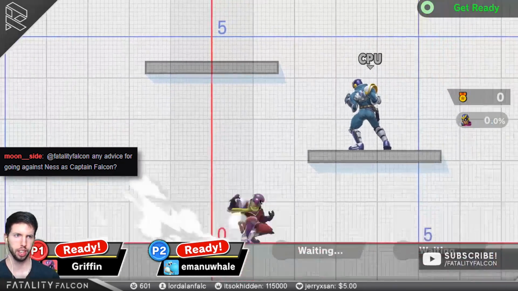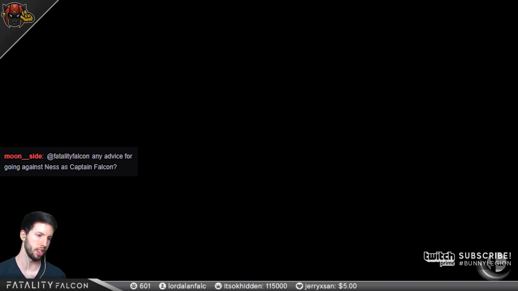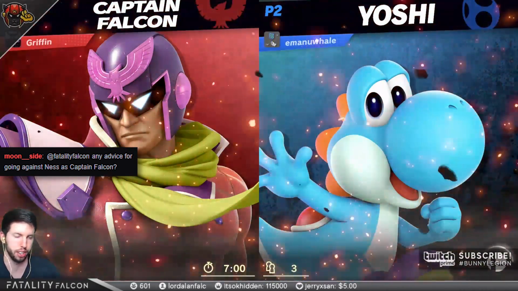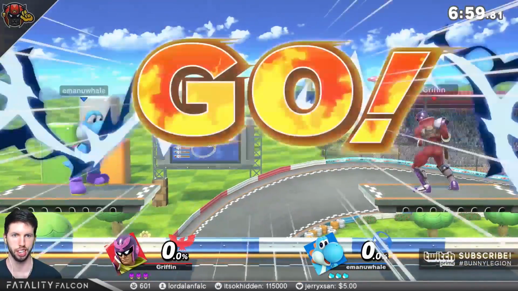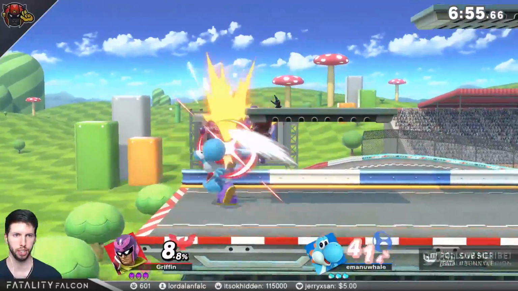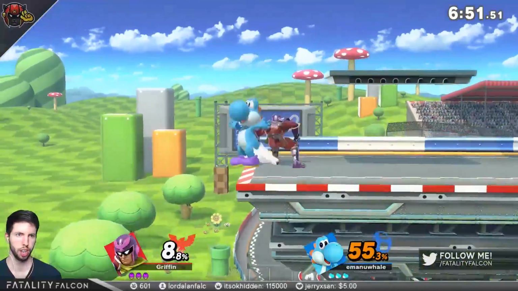But Moonside, the Nest matchup as Falcon, is most specifically built around trying to understand how they're going to land with side magnet mix-ups and aerials, and whether they're not going to. Once you get a reliable read on that, you can go into dash attacks or raptor boost as a way of punishing that. Then it's just a matter of spacing out their regular options with a combination of well-spaced back airs,